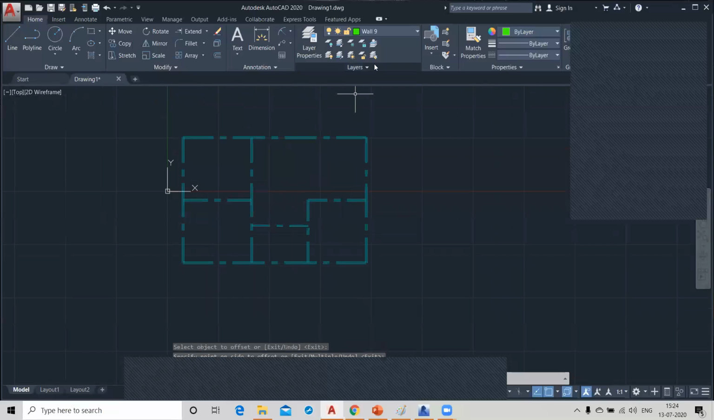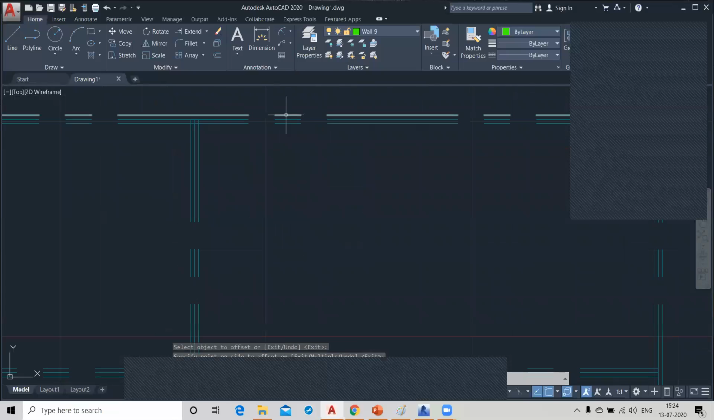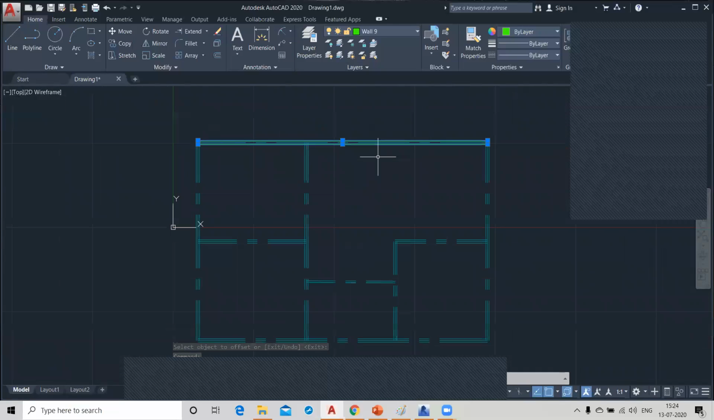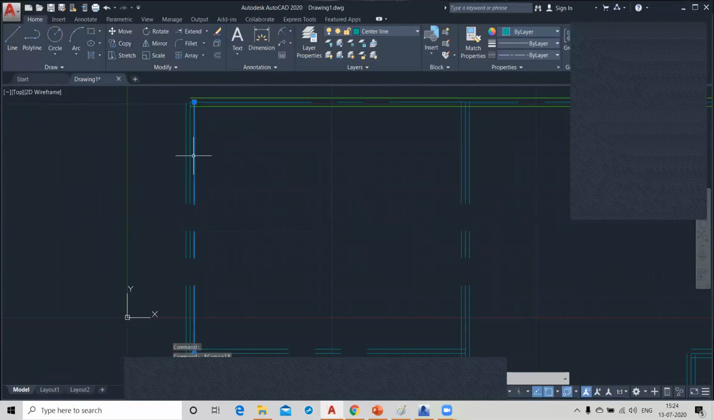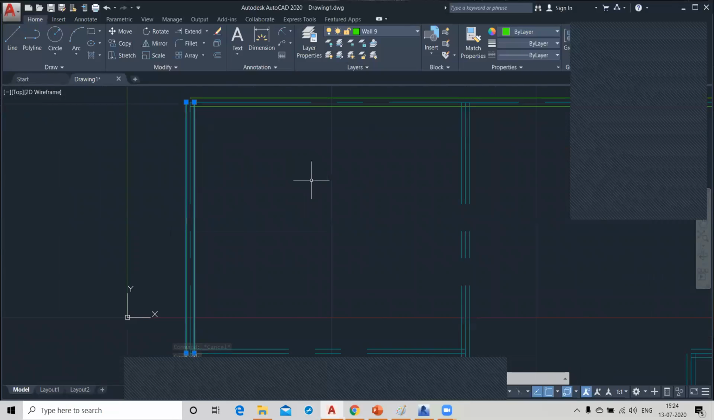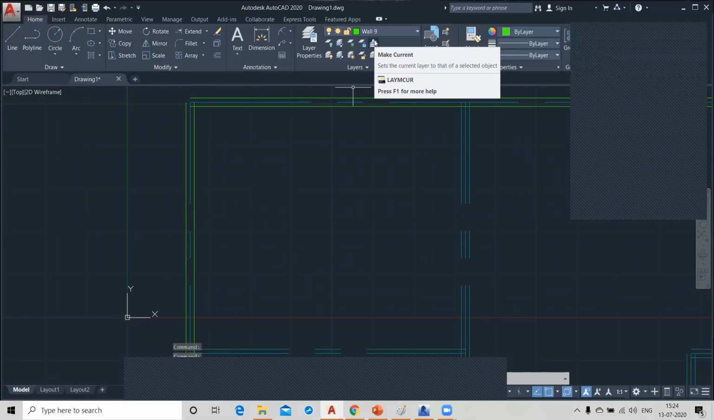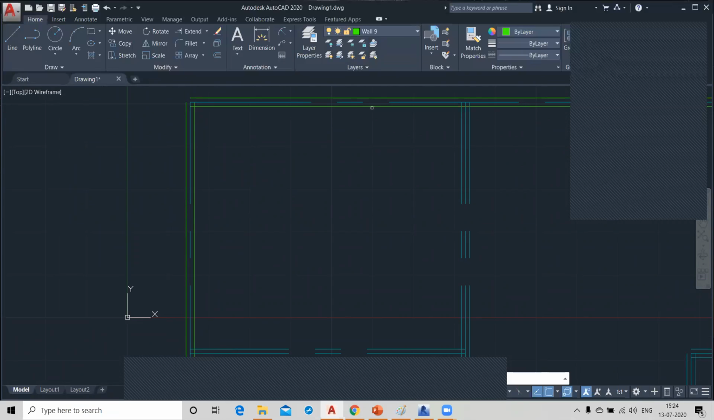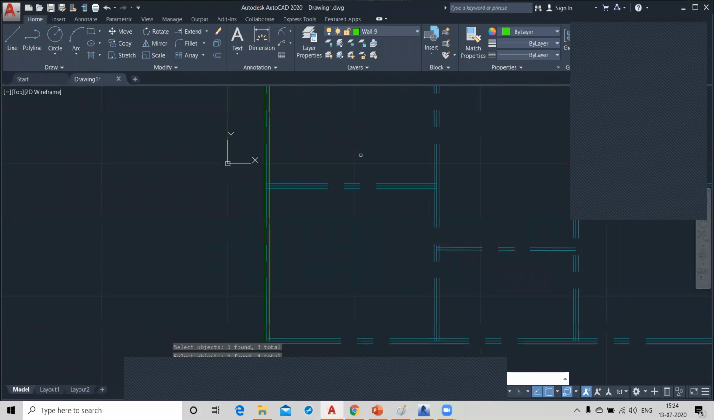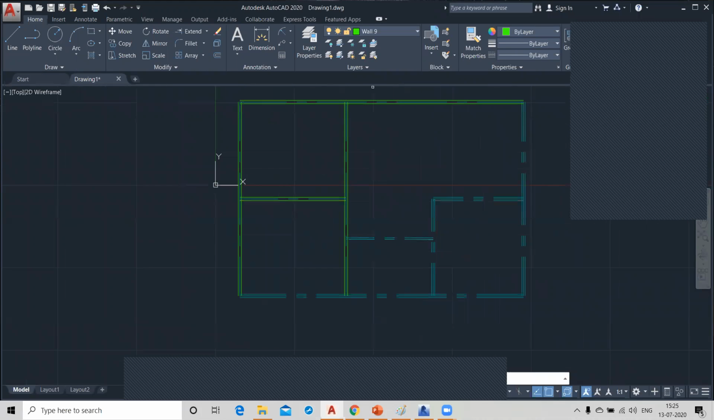Right, now you can change this wall into your wall layers like this. You can select the lines and click on the wall layers, or you can use the option of match layer. This is your match layer. Select your object. So this is your objects, right? And press enter and click your destination walls like this. You can also change this,